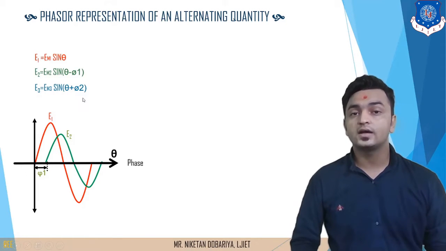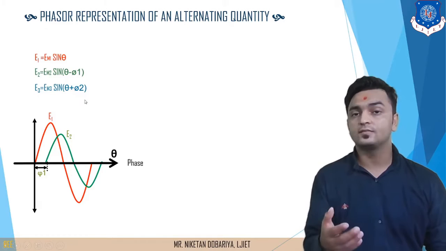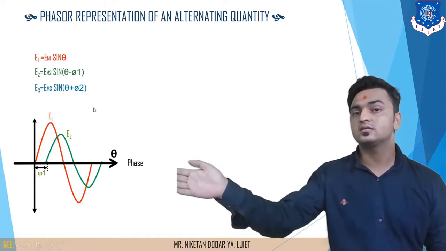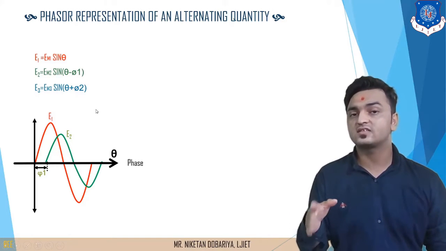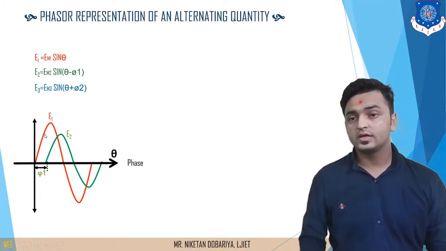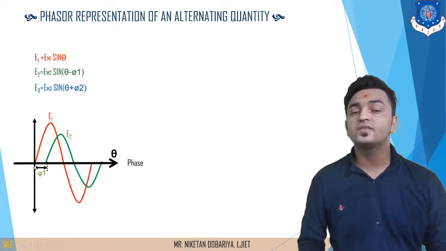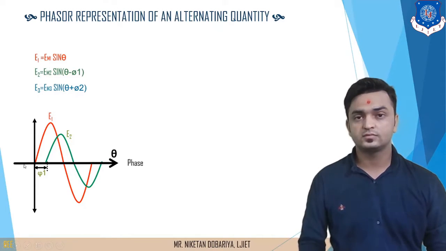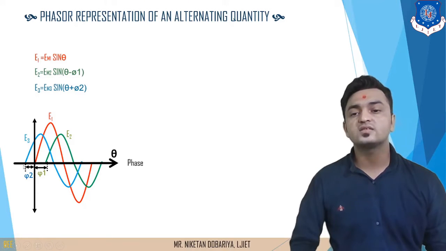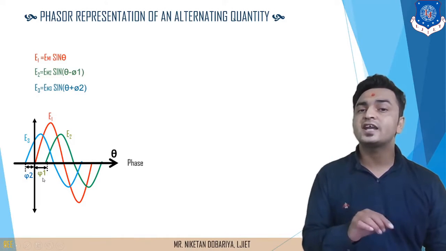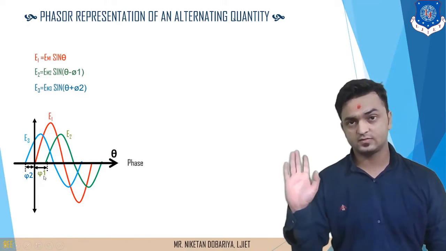The positive cycle of this waveform or this equation is going to start from this plus phi 2 angle, and when we define a plus phi angle, that is going to be on the left hand side with respect to 0 on the x-axis. So here we have 0 on the x-axis, and here we want to define plus phi 2, so that is going to be defined in this direction. So let's consider this is the phi 2 angle over here. The third waveform will start from this phi 2 angle, but in the direction of negative x-axis with respect to 0.